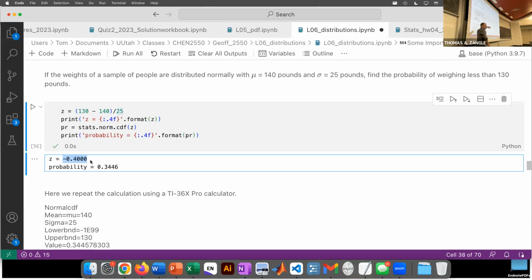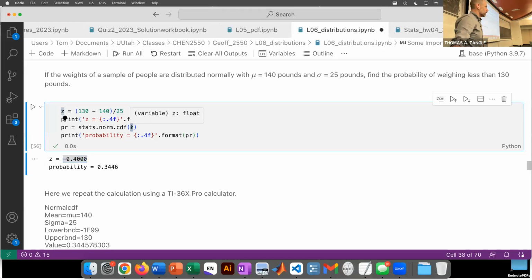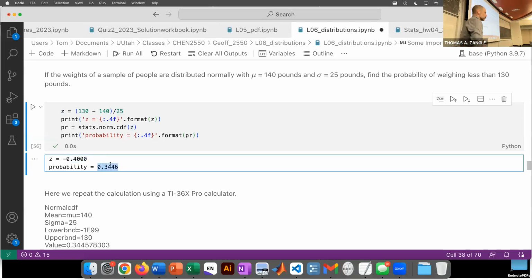And then we wanted the probability that we pick someone out that weighs less than 130 pounds, right? So that's just going to be the CDF at 130, right? The CDF at that specified z-score of minus 0.4, right? Because again, the CDF tells us the probability that we have something lower than the specified number. So in this case, we're using stats.norm.cdf of our computed z value. And the CDF of minus 0.4 is then this 0.34,